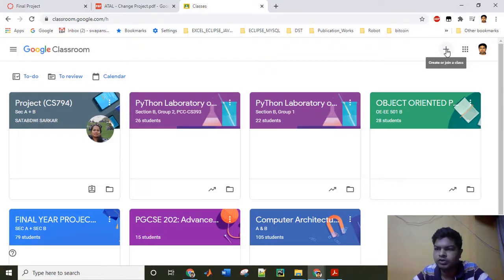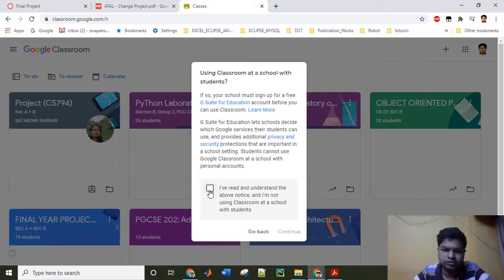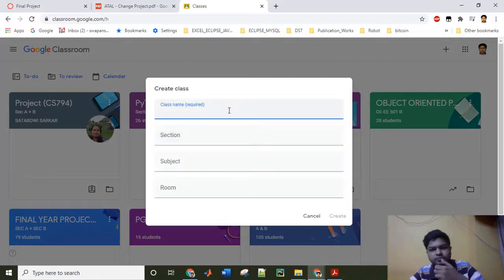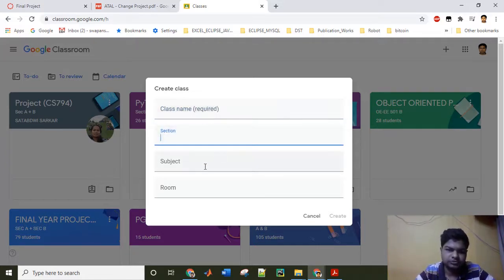You can click on this plus sign and then Create class, and then accept the conditions and continue, and then you can give the class name and all the required sections. At least you should give a class name and whatever subject or section you want to use.